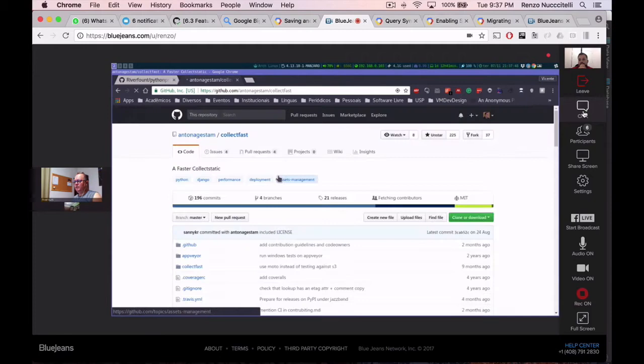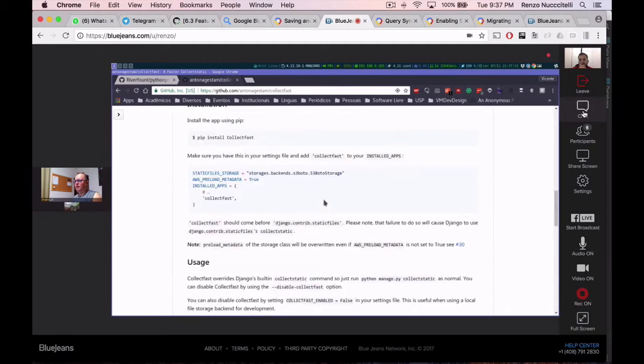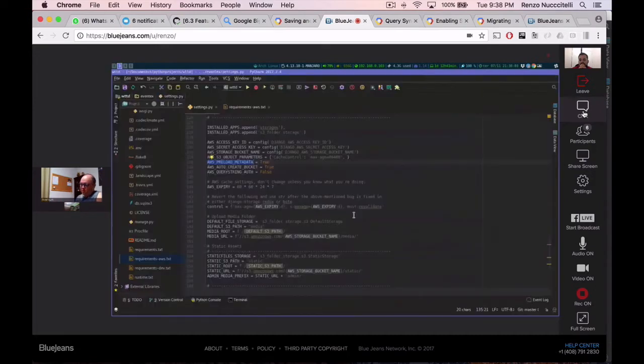I use the help preload metadata and static file storage. I need to define it because of collectstatic. What does collectstatic do? It doesn't... when I say don't, when I have, for example,